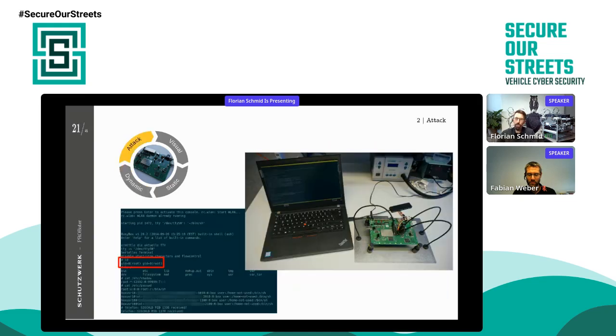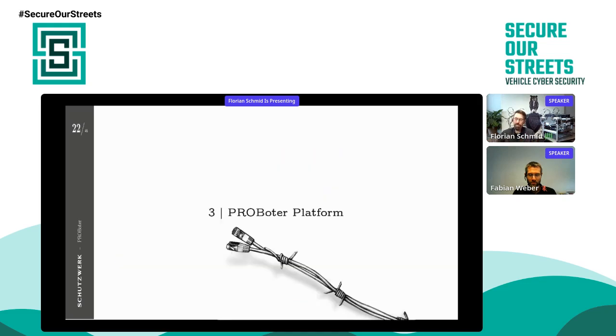The fourth and last step is the attack, and with some luck, you find some debug interface on the PCB to have the possibility to get a shell. And here in this example, we were even able to get a root shell on the system to execute additional attacks from there. As you've seen, this whole process is quite time consuming and also quite error prone, and therefore we